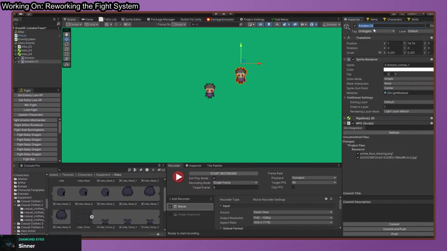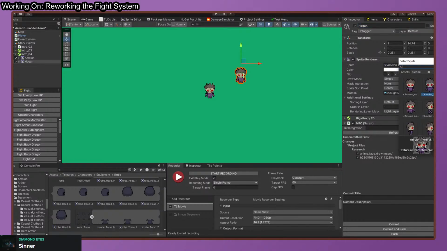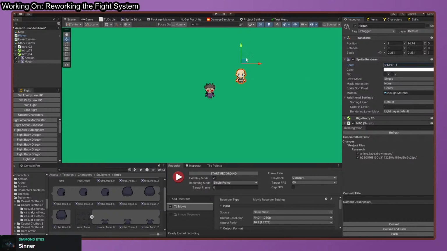Let's say this is Hogan. For now, just put the NPC. Oh, there it is. Let's put this one